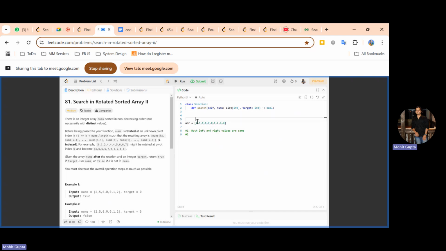So maybe you can just write the markers 0, 1, 2, 3, 4, 5, 6, 7, 8, 9. So 0 plus 9 by 2 is what? 4, right? So 7 is the middle. But here the middle element is different. So even if we, let's say, we search,